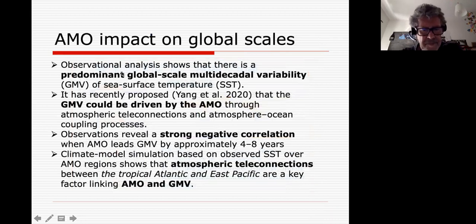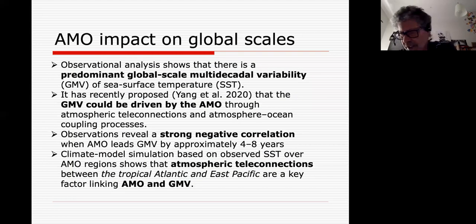And as we saw, the AMO has an impact on atmospheric processes, on the weather in different regions, both in terms of hurricanes and rainfalls. And there is also a recent study